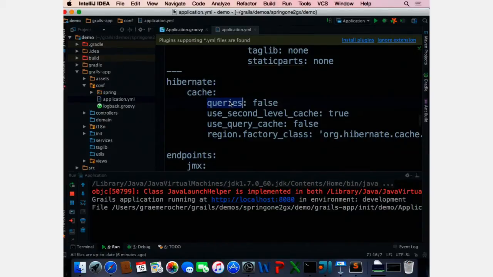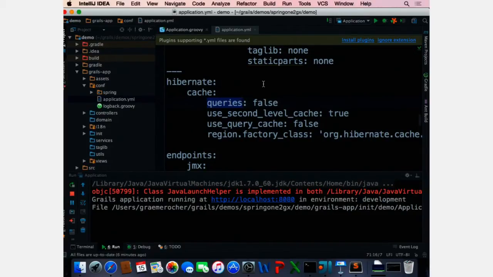Or you can set an environment variable at the operating system level called hibernate.cache.queries, true or false, and it will override what's in here. So you have these inheritable property sources that allow you to control local configuration for your application, but also override and inherit from property sources that are specific to the environment that you're running your application in. So you have full control over that,